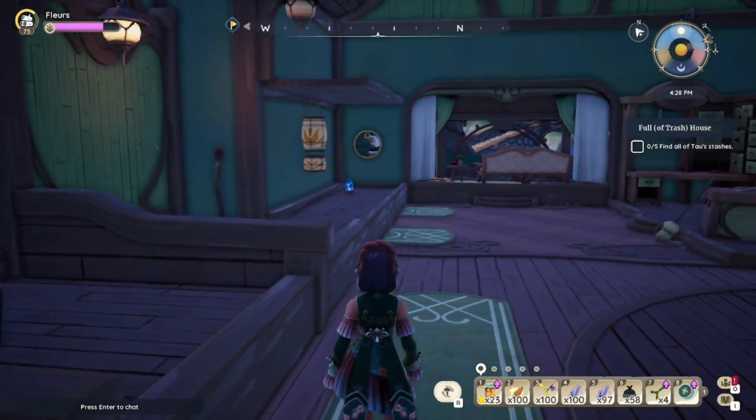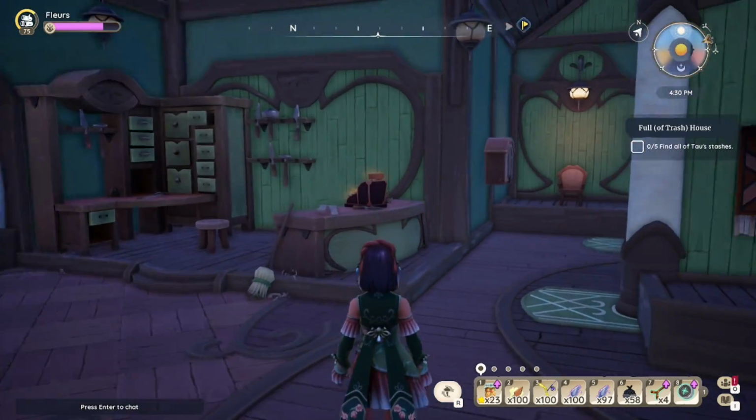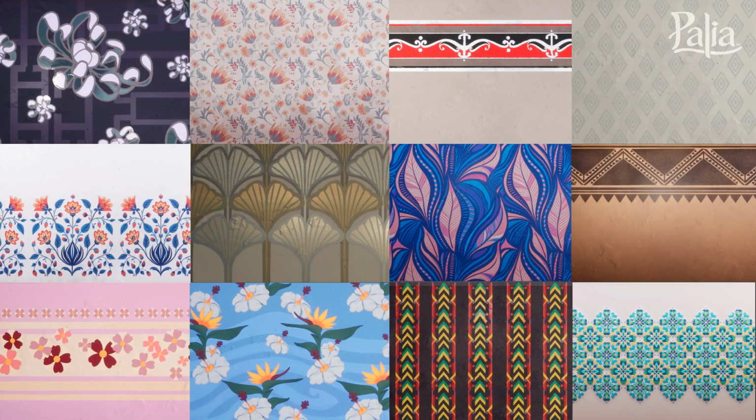Okay, back to my favourite topic with the more decor related items. Tisha's store has had an upgrade and there are going to be 12 new wallpapers that are going to be available for purchase. Having a look at some of these, there is a definite floral theme, which I am obviously here for, but I really like these additions because I feel like people can put more of their own stamp on their homes,